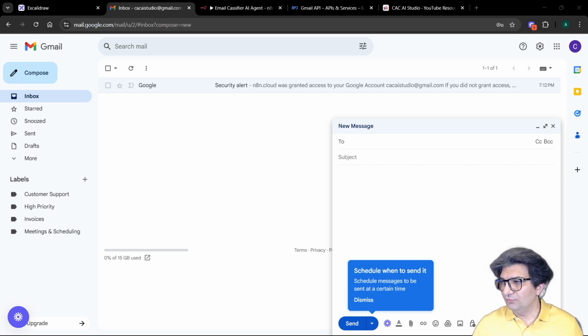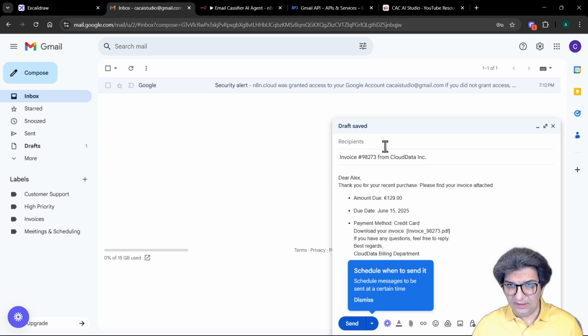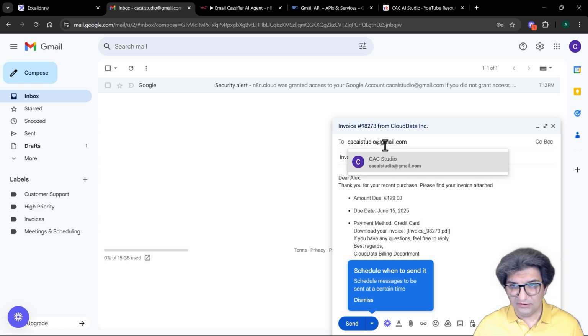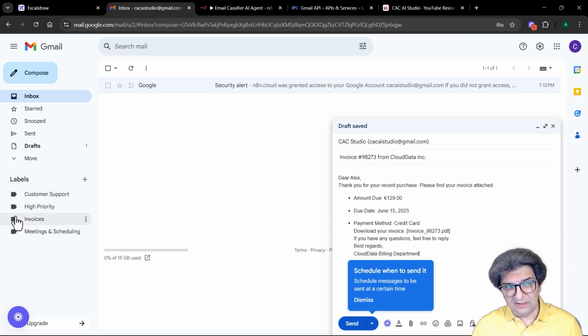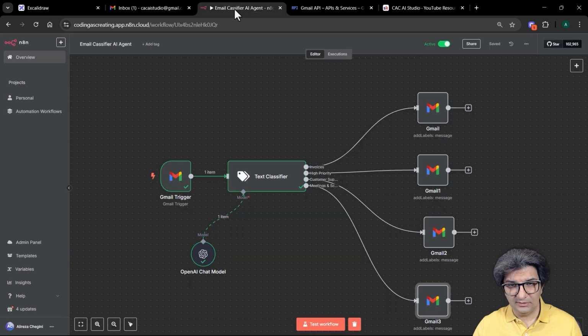So for this one, I generated a fictional email just to test. And this is the body of the email, and the recipient is CAC AI Studio. So it's basically the same account. Okay, now as you can see, the labels are empty. There is no email in any of the labels. Let's send an email. So I just send an email, and yeah,